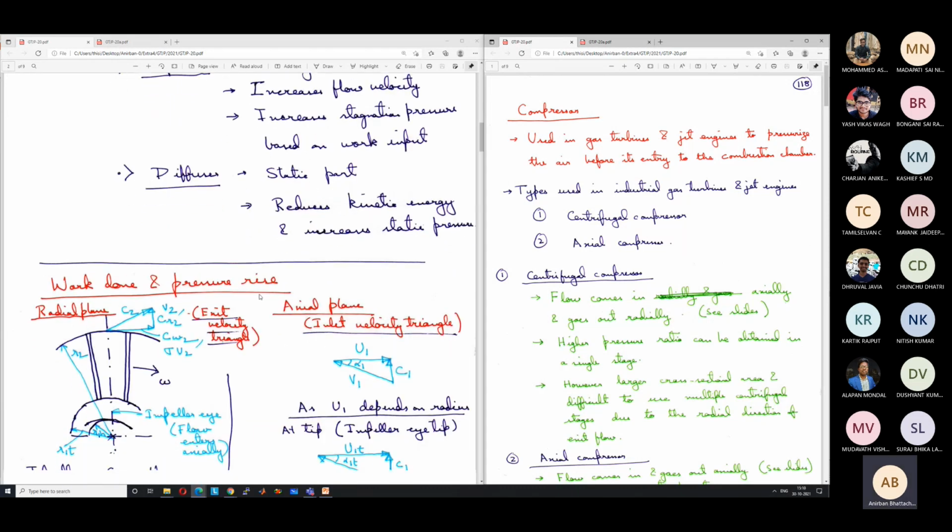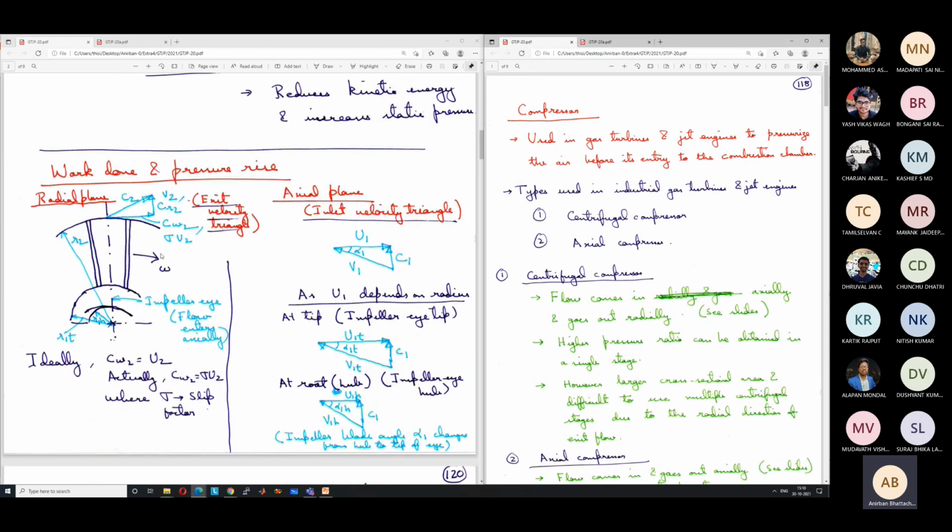So again, the same velocity diagram, but using our notation and drawn more accurately. Okay. So this is R1H, the hub diameter of the impeller eye. R1T is the tip diameter of the impeller eye. R1 will be the mean diameter, or R1M we can write as the mean diameter, which is not shown here. This is the impeller eye.